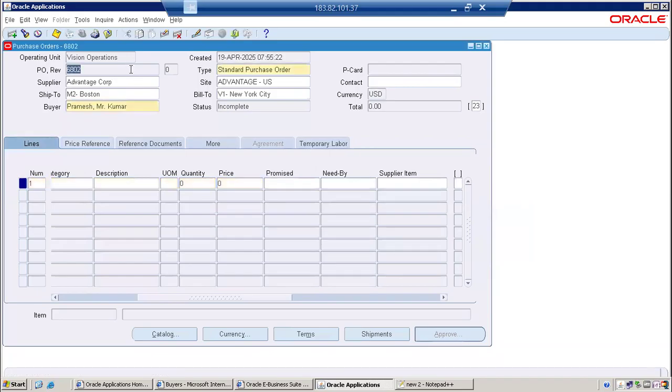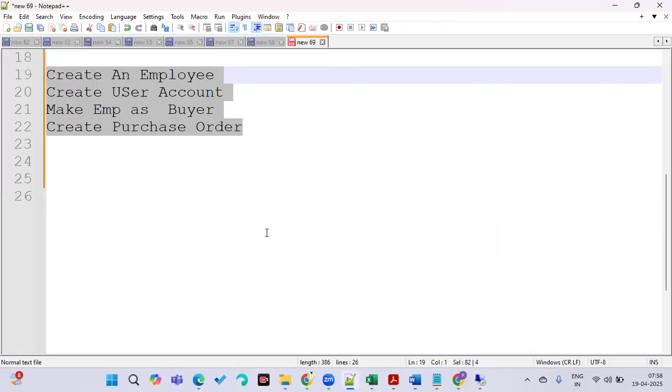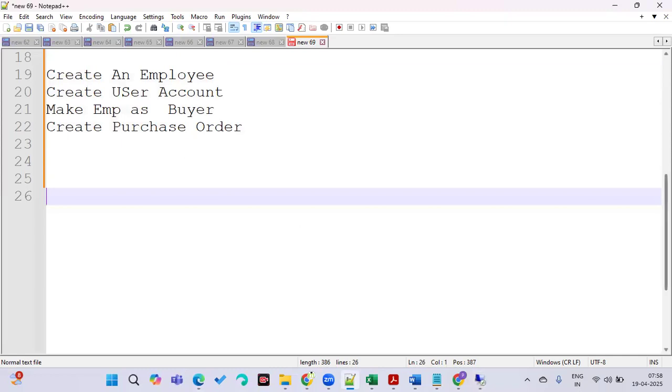So 2 purchase orders I have created here like this. Now whatever data we are entering here, we are going to save it. What happened? The system will save this information. This is the front end. We discussed yesterday, when you are working in the IT